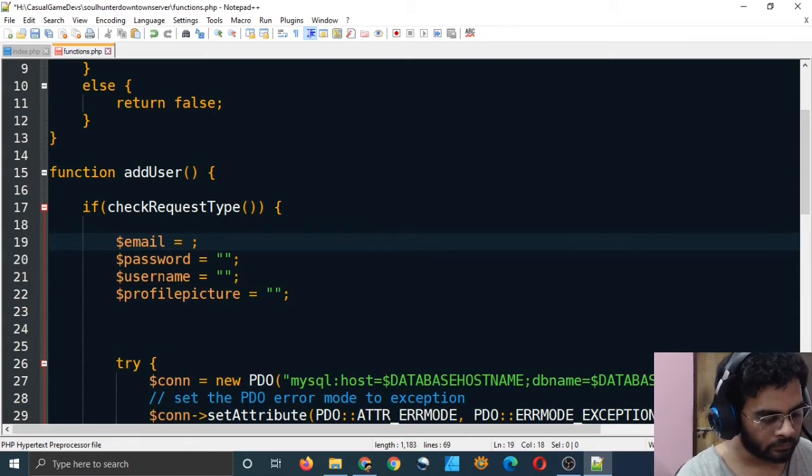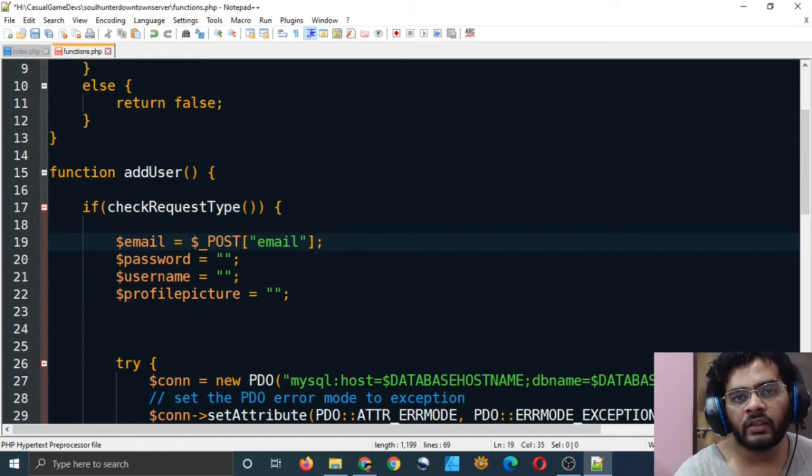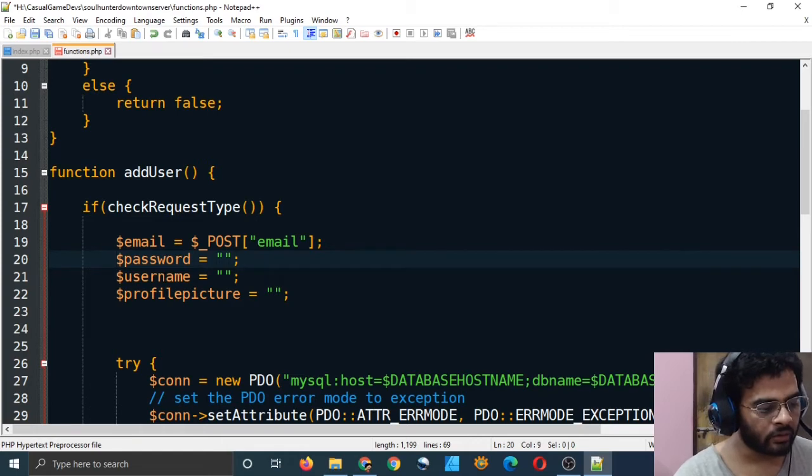So to access post variables, you have to type it this way. Although we have not yet sent anything from our game, we will be sending variables this way only, by these names: email, password, and username. So we have to keep that in mind.